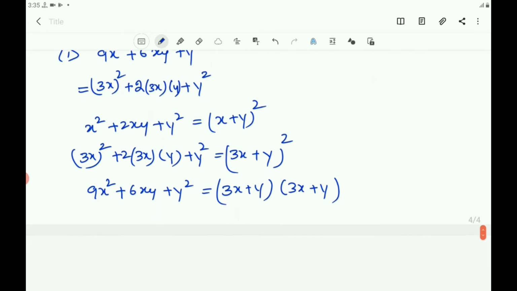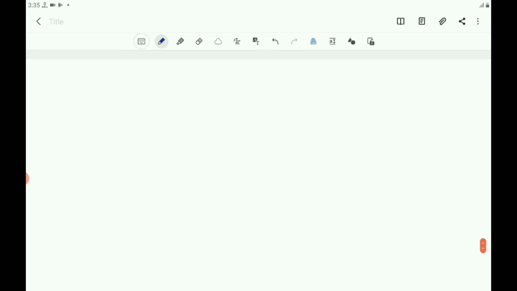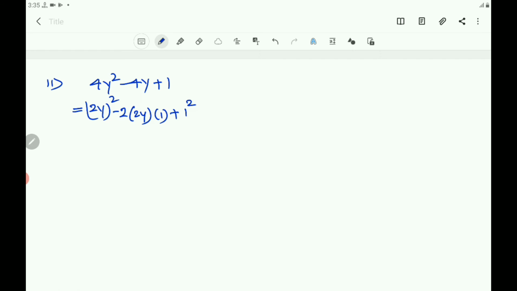And you take the second one. What is the second one? 4y² − 4y + 1. And this is also in the form of, observe the terms here. First one is (2y)², it is a perfect square. Third term is 1, means 1². And the middle term, it is 4y, that is nothing but 2 into first term 2y into second term 1.